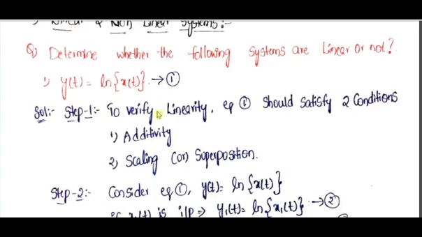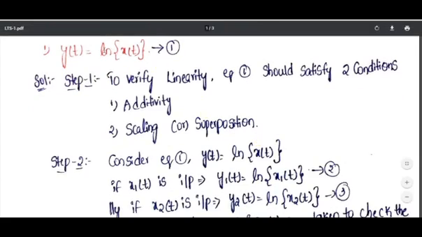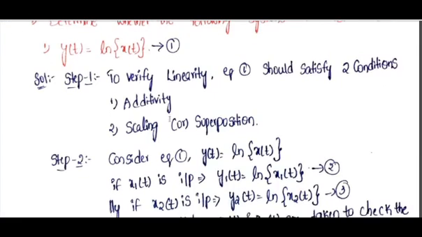To verify linearity, as we discussed, the system should obey two conditions. The first is additivity. The second is superposition, or we can call it scaling. Let me check whether it obeys those two conditions or not. First, additivity means: when I perform some operation on the signals at a time, or by taking two different inputs, both should give equal results. Otherwise it is not obeying additivity. So let me check that condition.